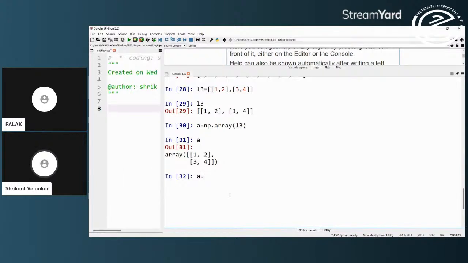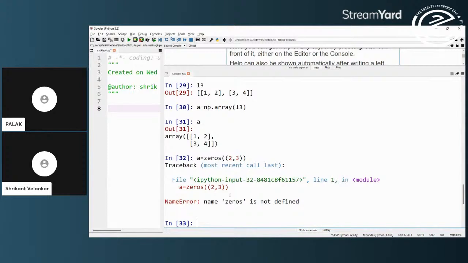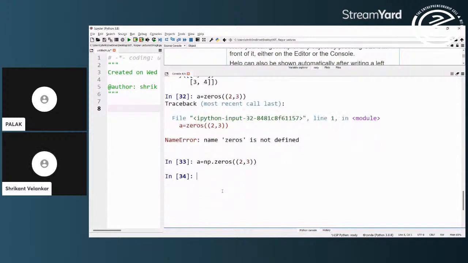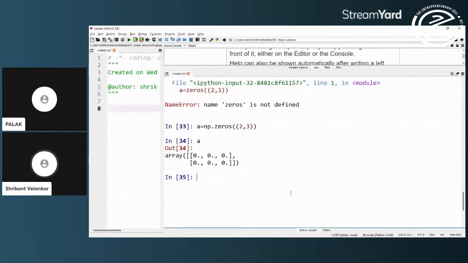So if I say np dot zeros, and I put the size to be a tuple 2 comma 3, np dot zeros is 2 comma 3, then you will see that it will generate the array of 6 zeros.